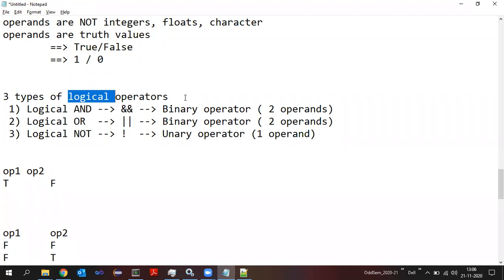Logical operators operate upon truth values or binary values. Why do we say binary values? Because there are only two things, 1 and 0. Truth values means true or false. Okay, first let me give certain examples here, then we will discuss all these three different operators. Let's say